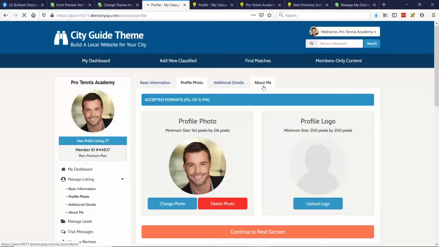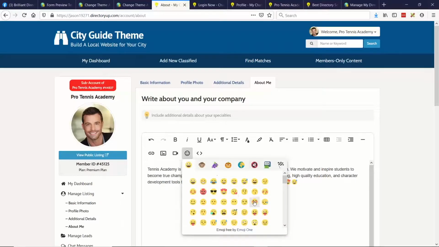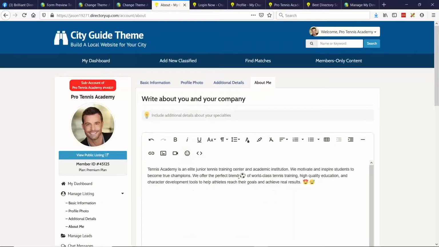It's an advanced setting, and when it is turned on, you'll see this smiley face here. And again, it's your choice if you want to enable it on your site or not, but you can add emojis into the text editor here and use it however you want, and it will be reflected on the front of the site. So some Halloween ones here, or holiday ones, soccer balls.